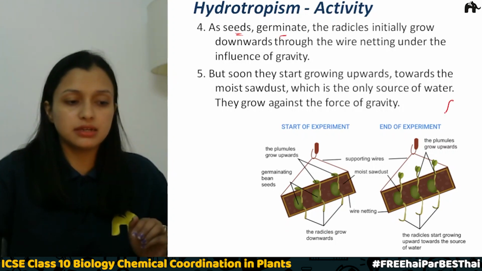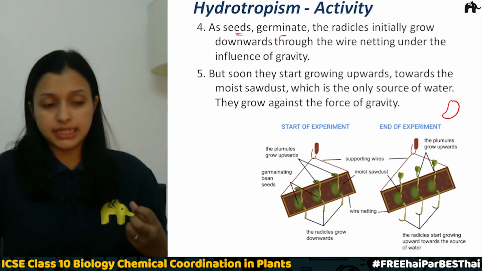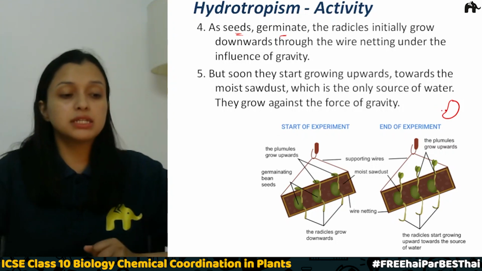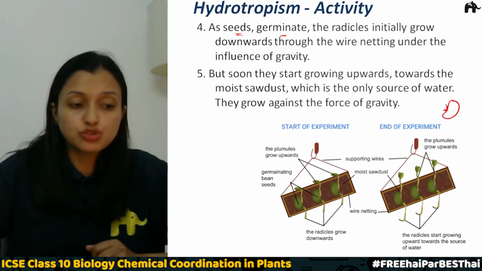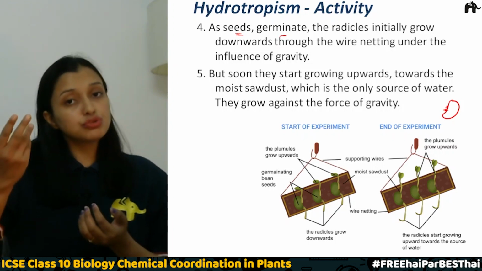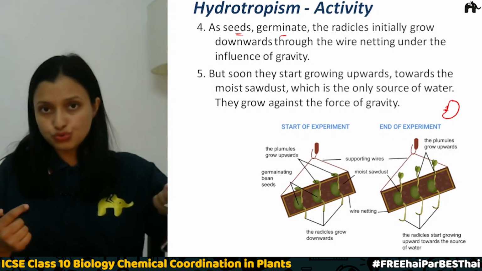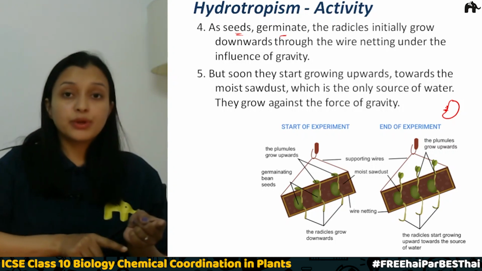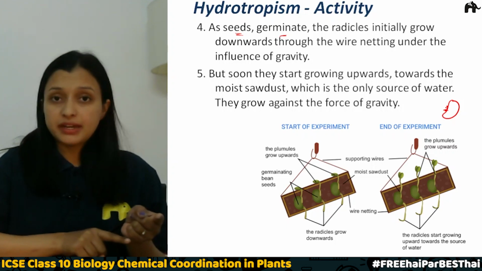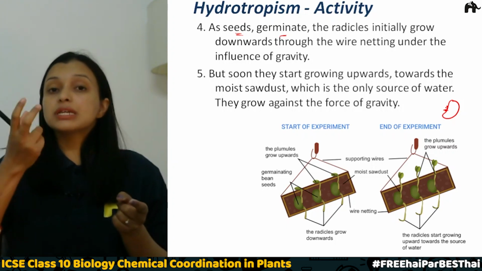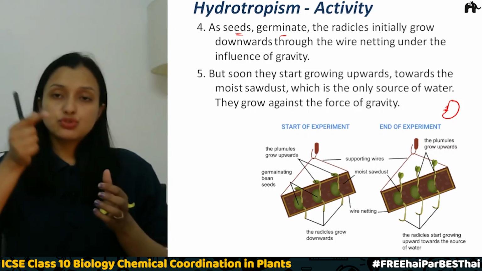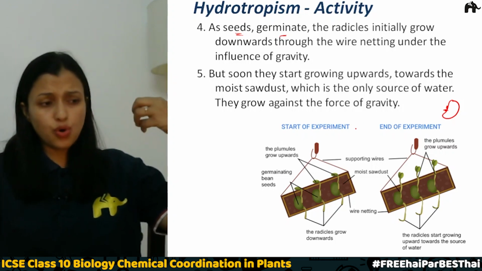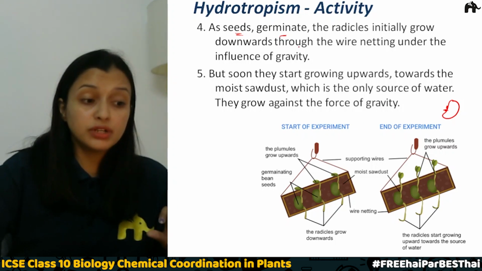So say this is a germinating seed. There are two main parts: one is the radicle and one is the plumule. The plumule always gives rise to shoots and the radicle always gives rise to roots. So the radicle will start growing downward towards the earth, right? This is what we know, that roots are positively geotropic. So the radicle will start growing downward, through the